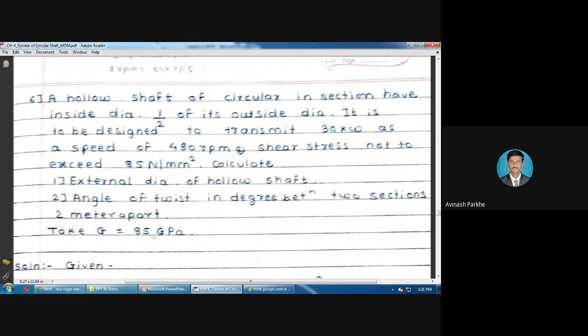But from this particular statement you can see that the relation between maximum torque and mean torque is not mentioned. That means whatever torque you have calculated from the power formula, the same torque we have to consider in the torsion formula during diameter calculation. Now start your calculation and tell me the external diameter. Immediately start your calculation. Use the power formula, find out the torque and tell me the value of torque.